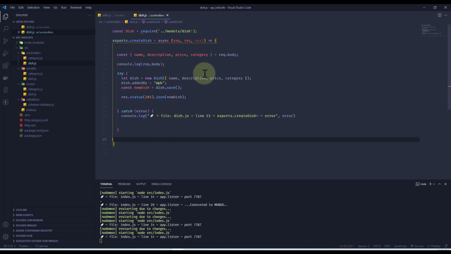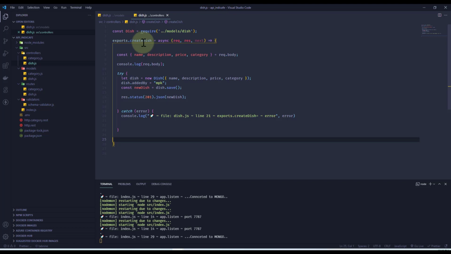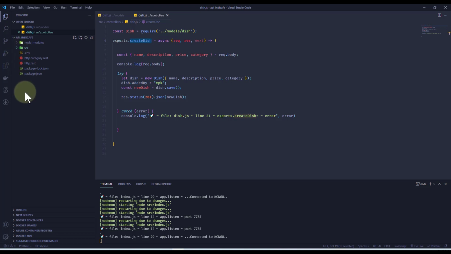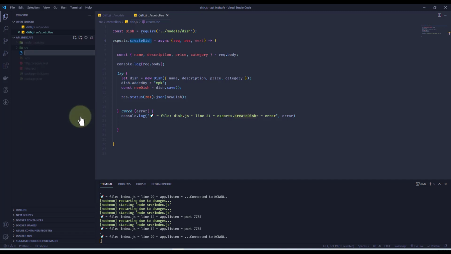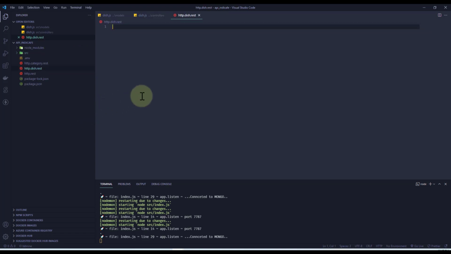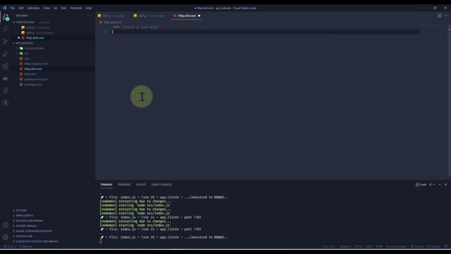But first thing we want to do is make sure that our create dish is executing fine and it's actually inserting data into our database. Inside the editor, on the sidebar, I'm going to create another REST request file, and I'm going to call it http.dish.rest. This is going to be to create a new dish, of course, and I'm going to say post